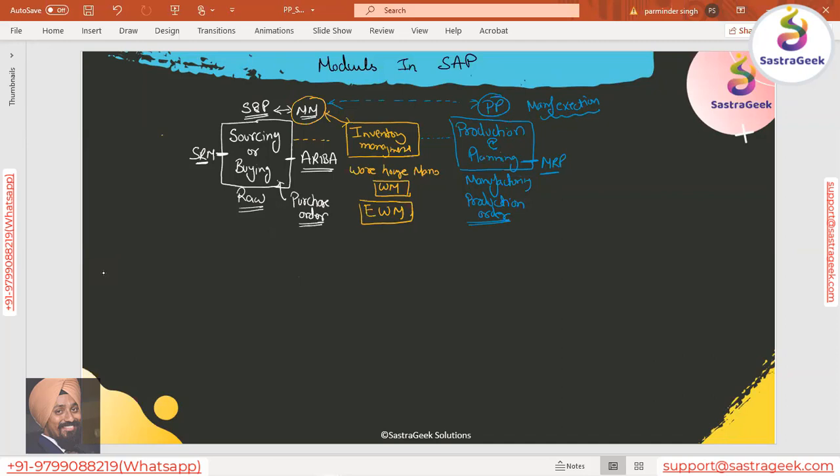Now the supportive module for the PP is for the executions part. Majorly it's handled in the S4HANA itself or in the ECC itself. The planning part is basically where there are further modules to it. So apart from the MRP which is available, or DDMRP which is available within S4HANA, we have other sub-modules which can support. One of the modules is APO, Advanced Planning and Optimization.